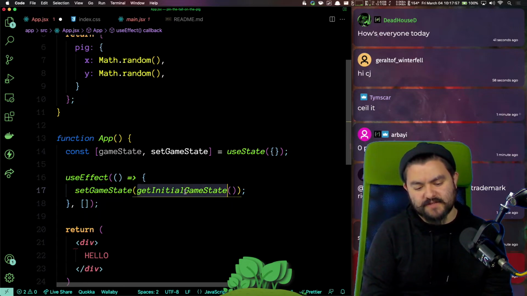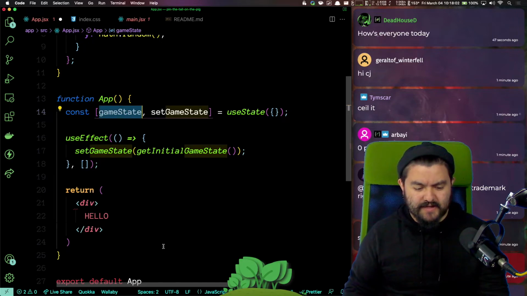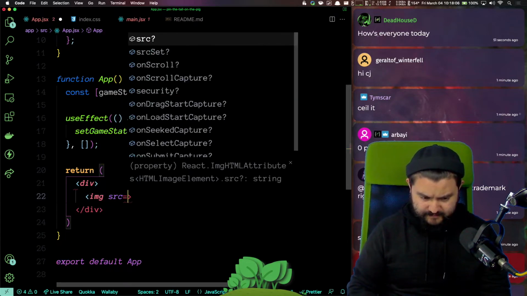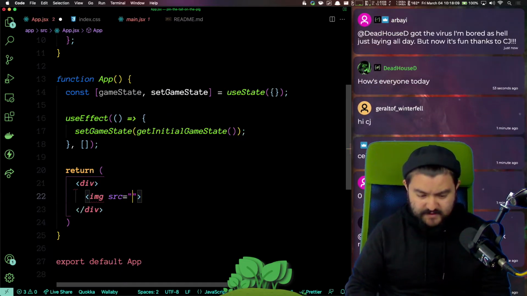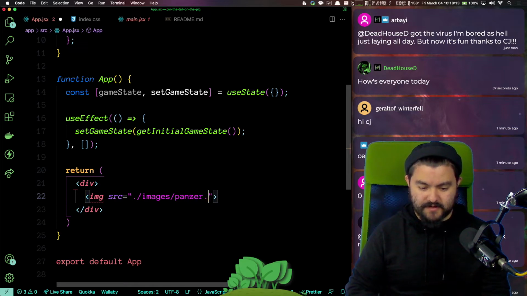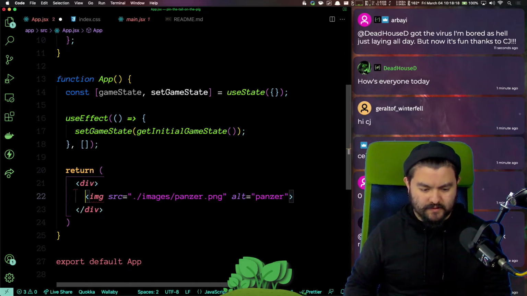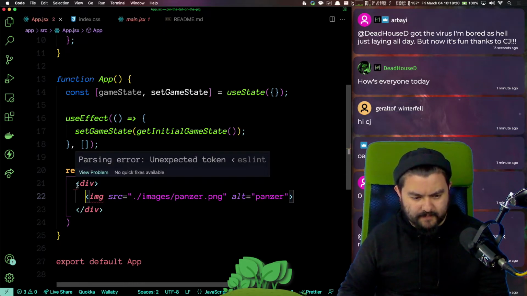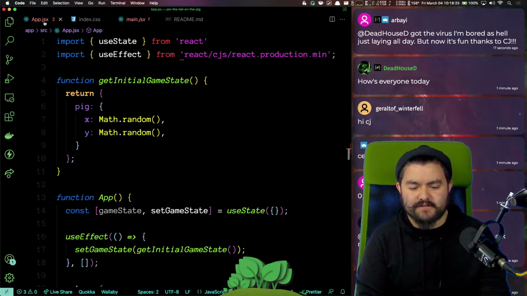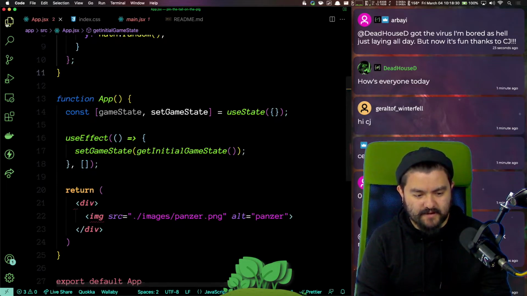That way this function isn't called every single render. I prefer this. All right, now that we have that, we need to put Panzer on the screen. So we're going to do images/panzer.png. Why is this complaining? Unexpected token. I'm in a file that is .jsx, and ESLint does not know how to handle that.